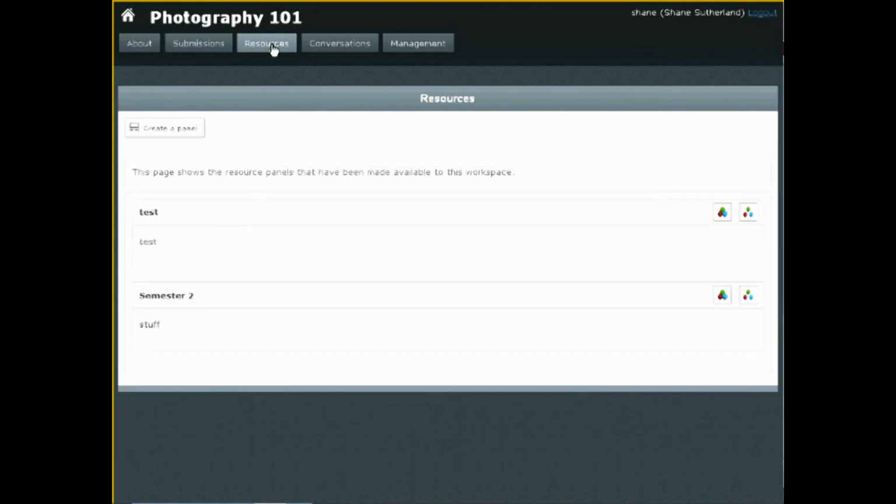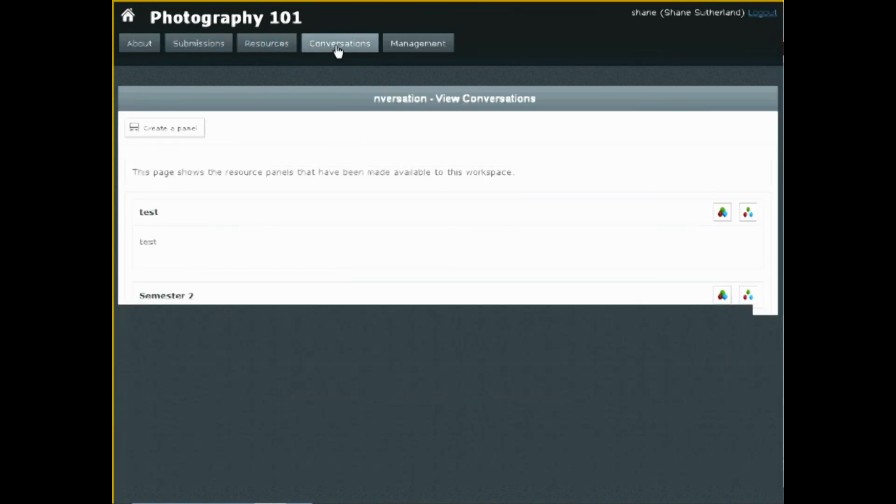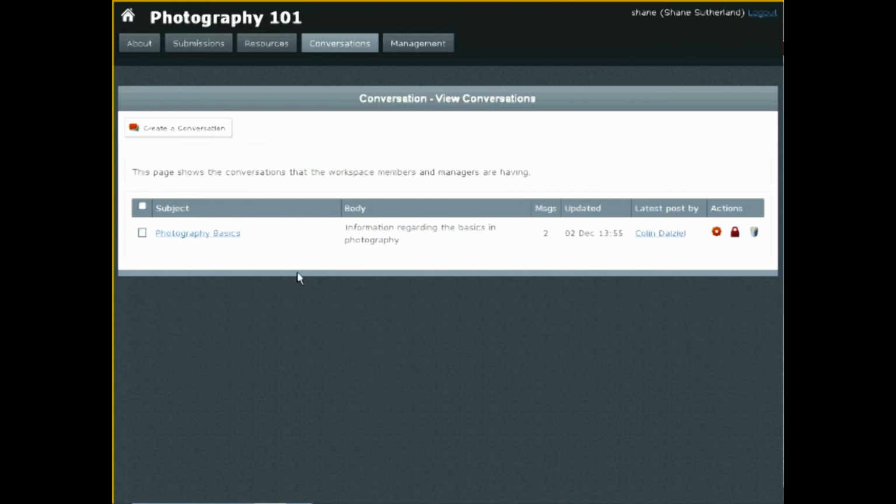They submit work. There are resources, none shown here, but you can add resources to support the assessment process. And there's an area called conversations, which is in essence